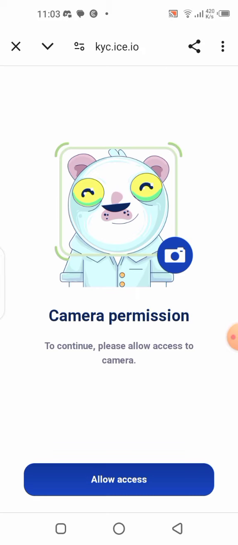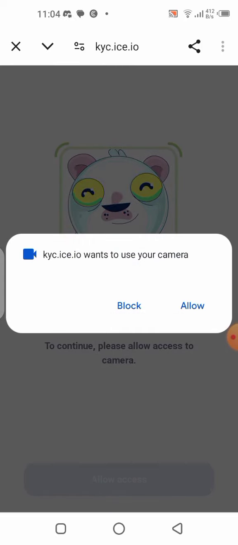All right, so wait for this to load. It's going to give us access to do normally a selfie. A selfie will be required. Camera access permission to continue. Please allow access to the camera. All right, click on the allow button. All right,